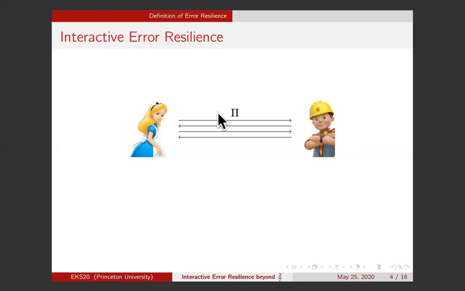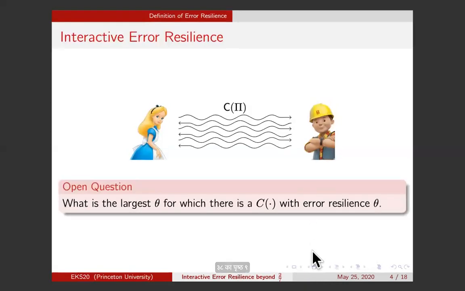On the other hand, if the channel connecting Alice and Bob is noisy, then say theta noisy, then in order to run the protocol Pi, they first need to encode Pi to another protocol C of Pi, and then run this new protocol C of Pi. This protocol C of Pi has the property that it will simulate Pi correctly, even if a theta fraction of the symbols sent in the protocol are adversarially corrupted.